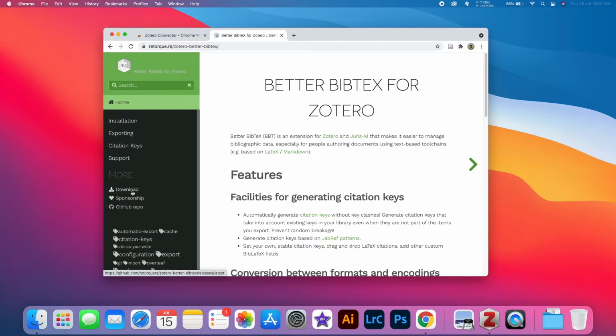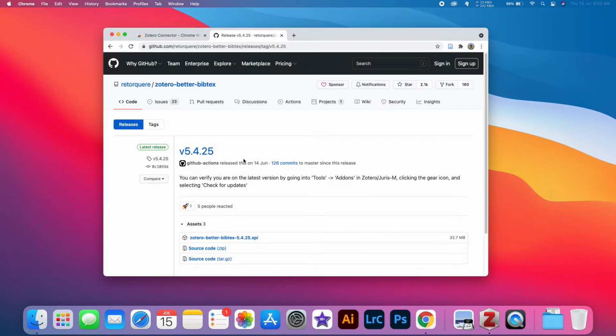Here on the left hand side there is download link. Click on the download link. It will take you to the GitHub page. The latest version is 5.4.25. You need to download this XPI file. Just click on it and it will get downloaded. And meanwhile,